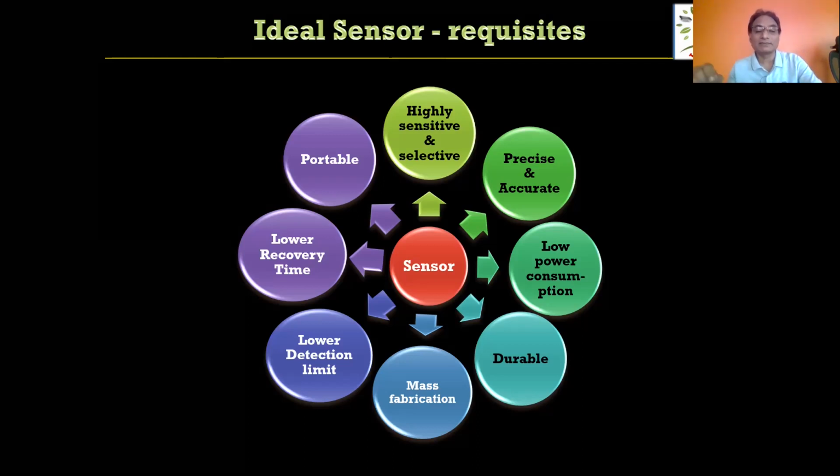Next is going to be low detection limit. Low detection limit means the minimum concentration that your material is able to detect. Those of you working on sensor projects must know there is an OSHA PEL level. What is PEL? PEL is the permissible exposure level. For example, for a gas like CO, the PEL level is, say, 25 ppm. It is not actually that, but just as an example, 25 ppm. If the PEL level of CO is 25, what does PEL mean? OSHA is a kind of